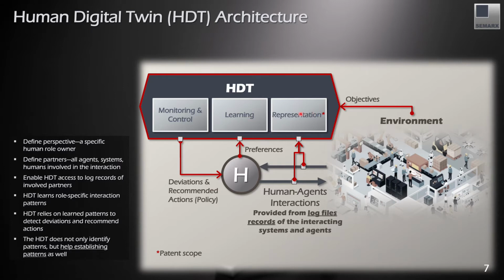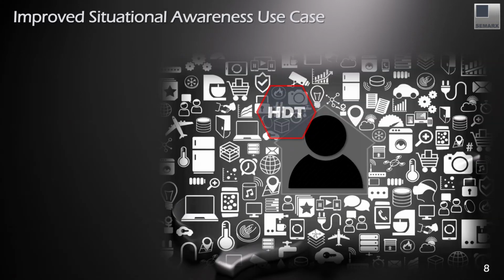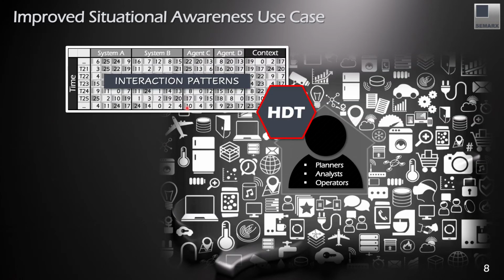And once we have that representation, then there is a component using machine learning to identify the patterns in a very classical machine learning way. And once we agree that those patterns are the ones we desire, then they will be monitored by this component. What is the application of that? What are the use cases?